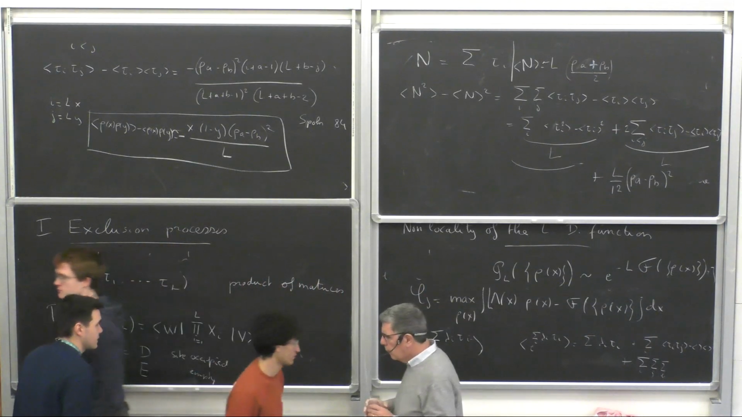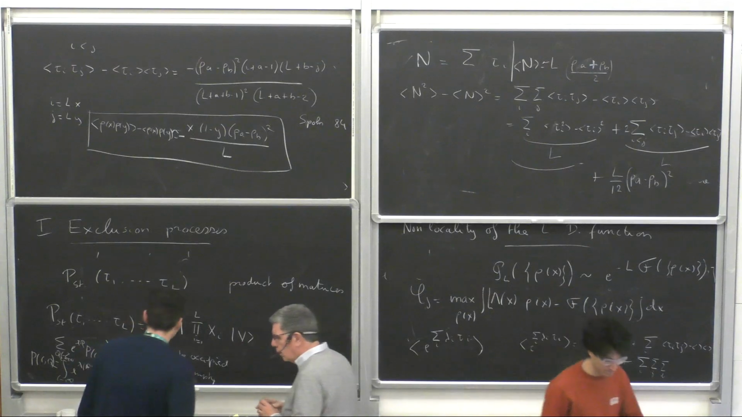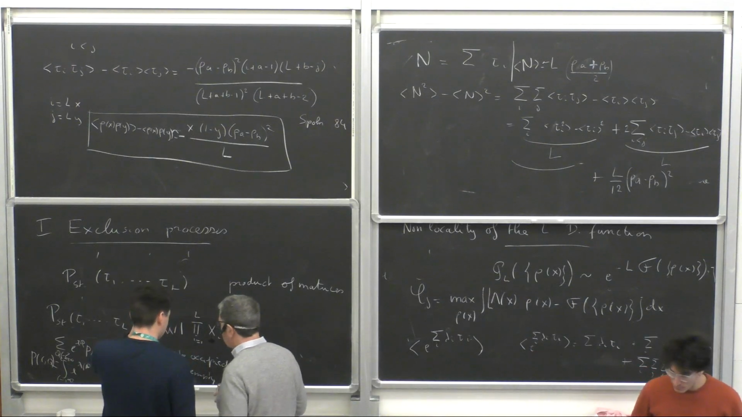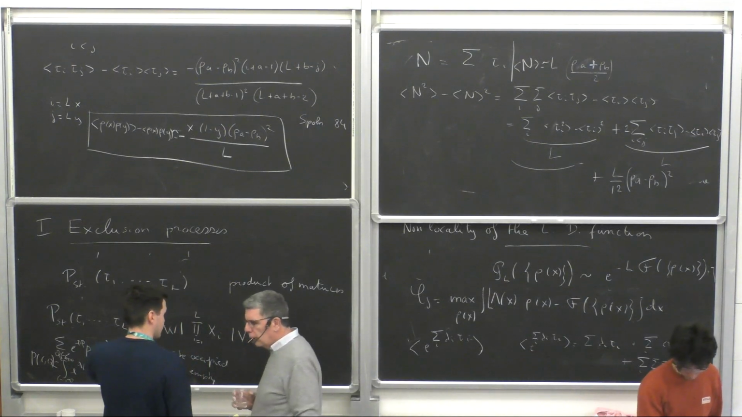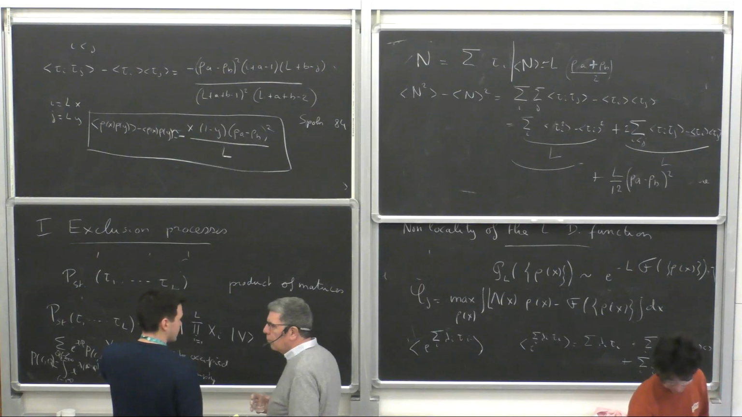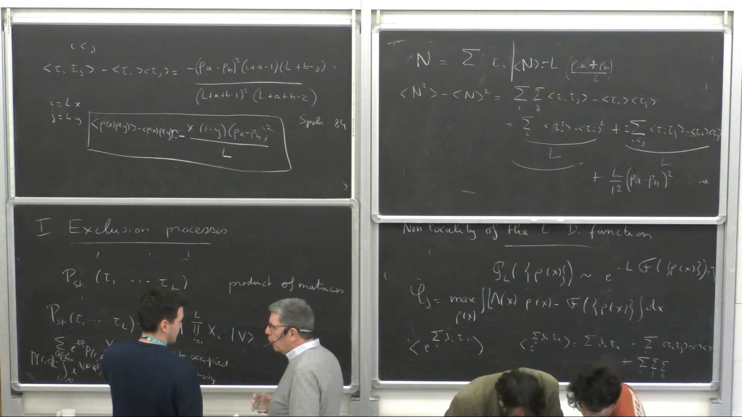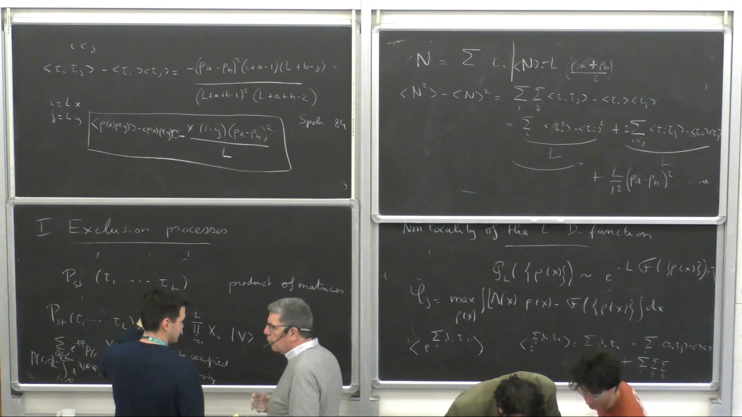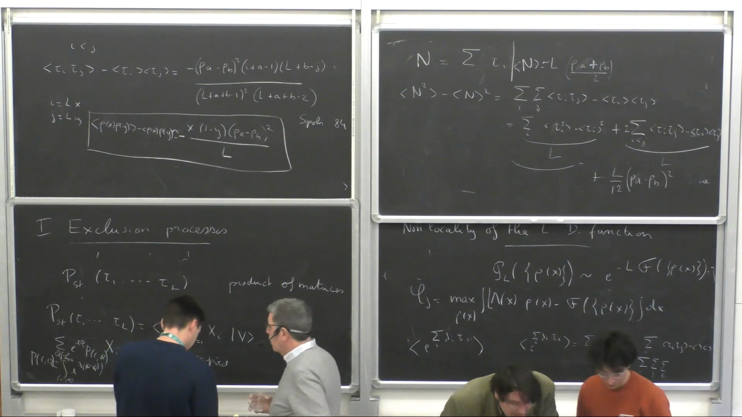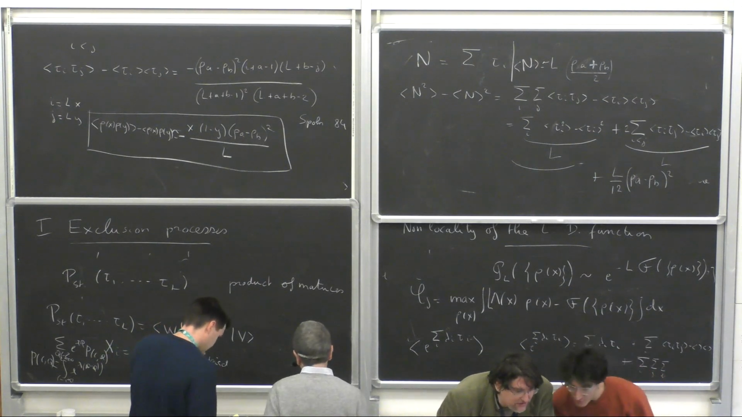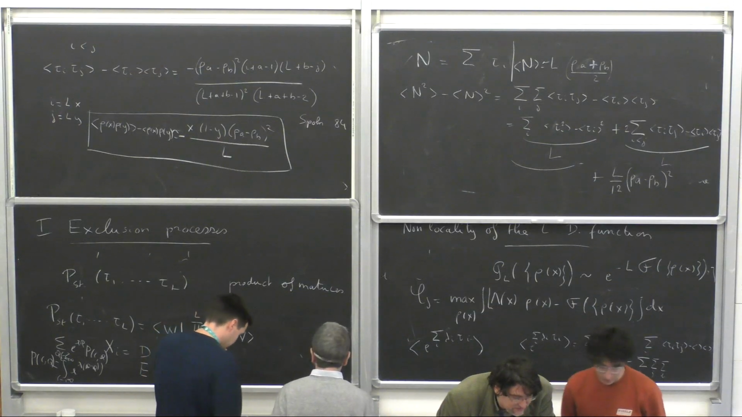Sorry. Excuse me. Can I ask you a question about that macroscopic fluctuation theory? Yes. Why doesn't it work for, say, ASEP? Because, essentially, you see this